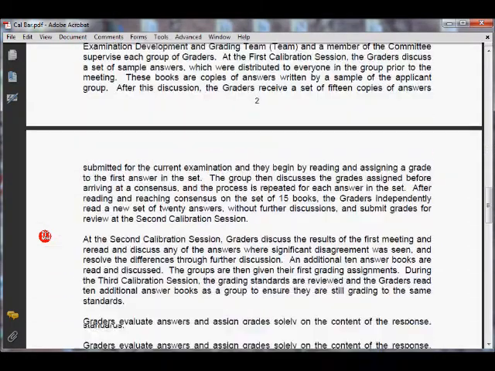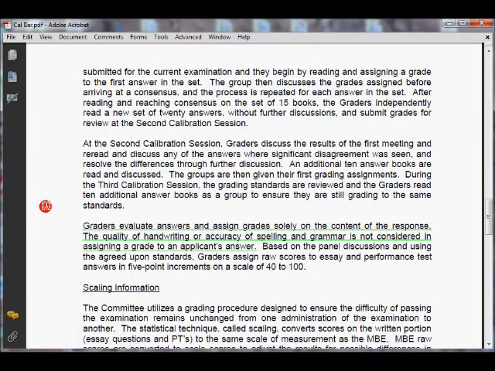And the grading section, I wanted to point out this penultimate sentence. Graders evaluate answers and assign grades solely on the content of the response. The quality of handwriting or accuracy of spelling and grammar is not considered in assigning a grade to an applicant's answer. I'm going to call BS on that because, first of all, if your handwriting is so bad that it can't be read, I'm guessing that's going to drop your grade.